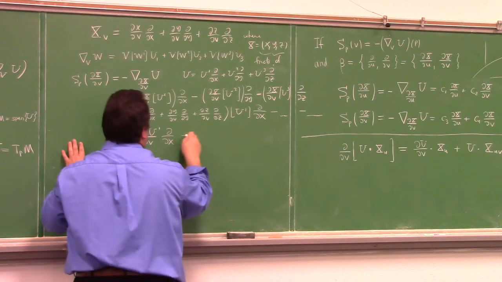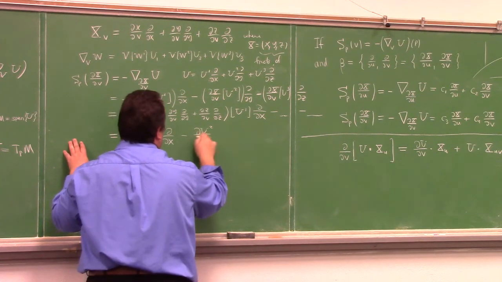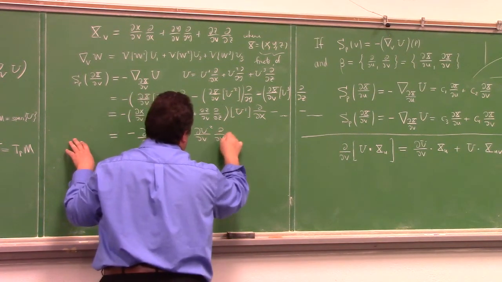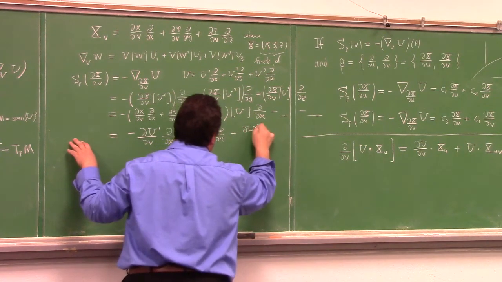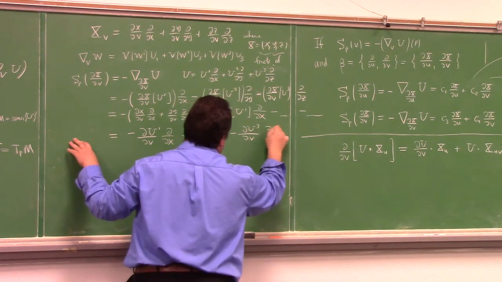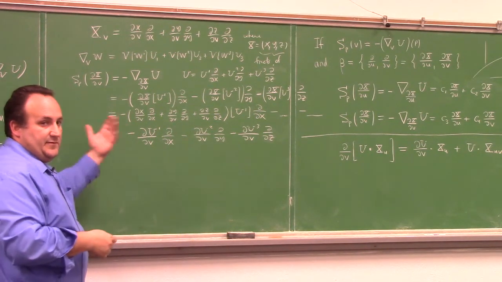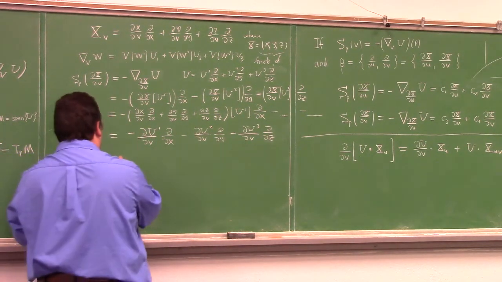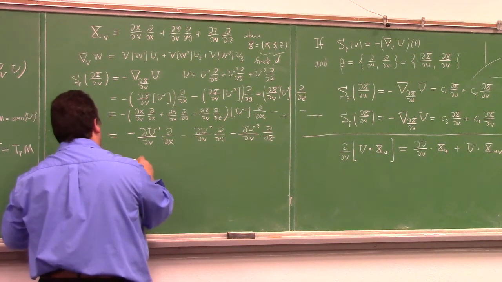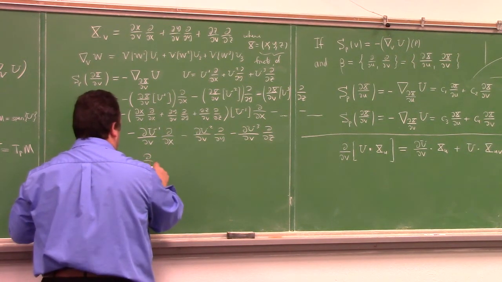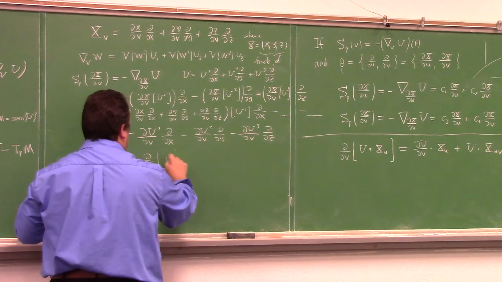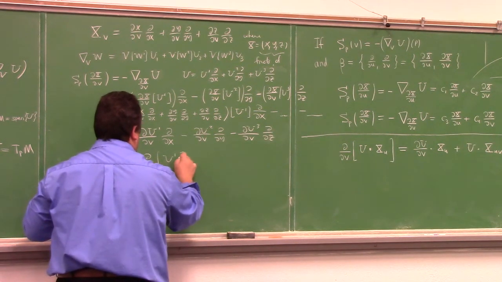The next term is minus partial u2 partial v in the partial y direction, and minus partial u3 partial v in the z direction. And so you could express this alternatively as minus partial v on u1 partial x,